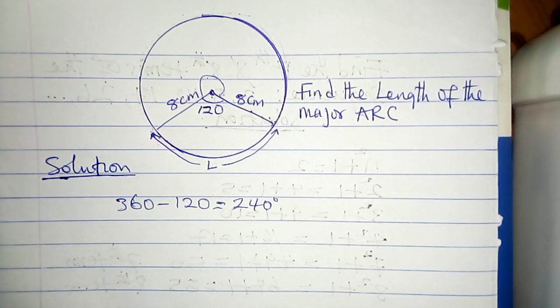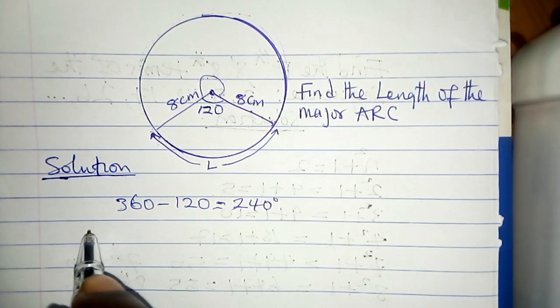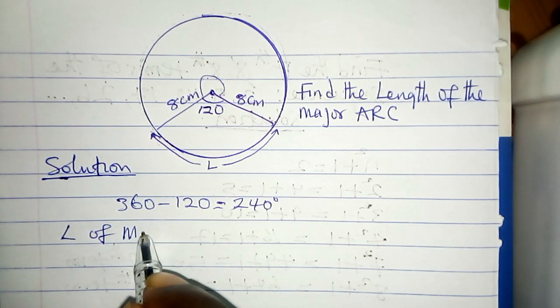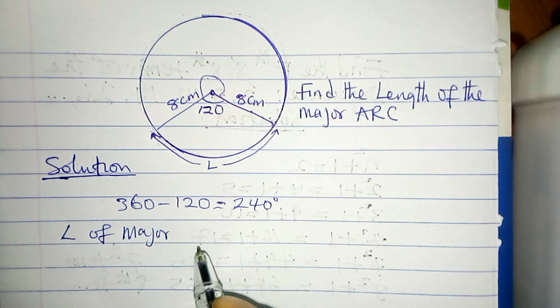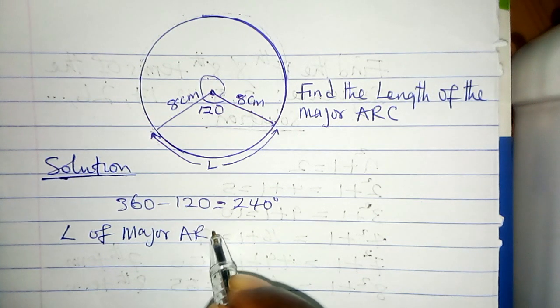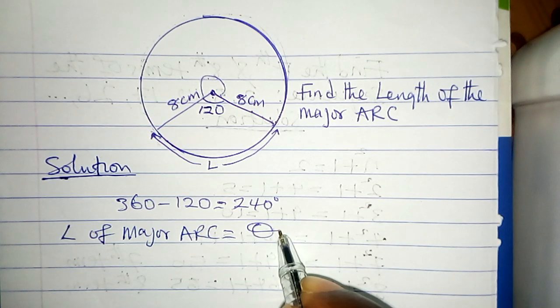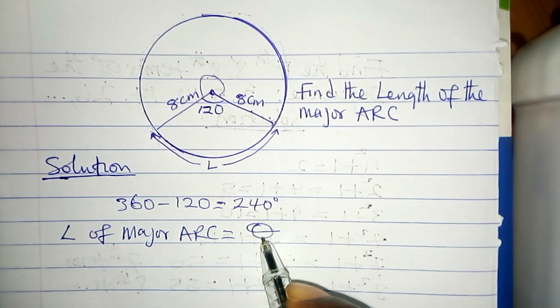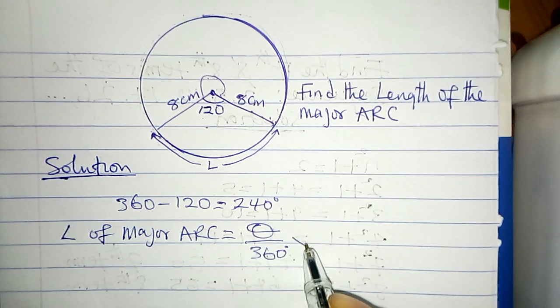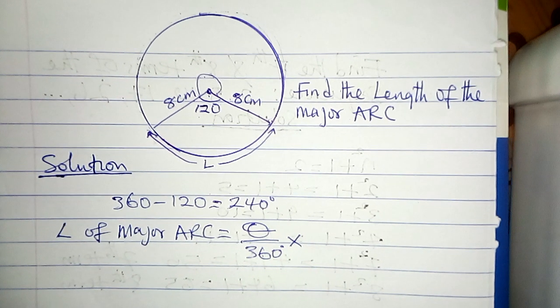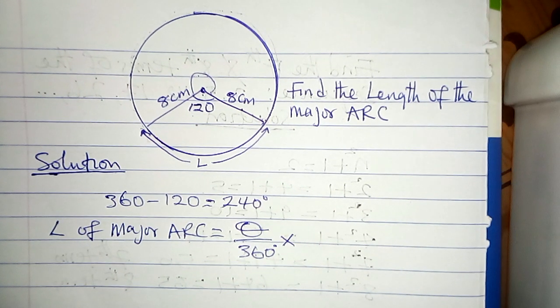Now that we know the angle for the major arc, 240 degrees, we can say that the length of the major arc is equal to the fractional angle theta, which in this case is the angle of the major arc, 240 over 360 degrees, multiplied by the perimeter of a circle, which you can also say is the circumference of a circle,